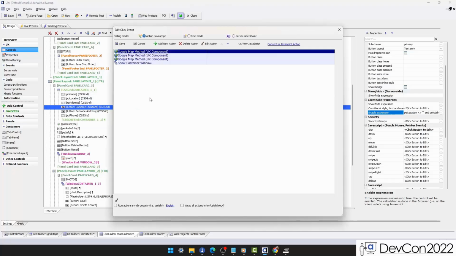And it does a lot, but there isn't that much work here. So we've got 3 Google Map methods. We'll look at each one. And then we have a show container window. And